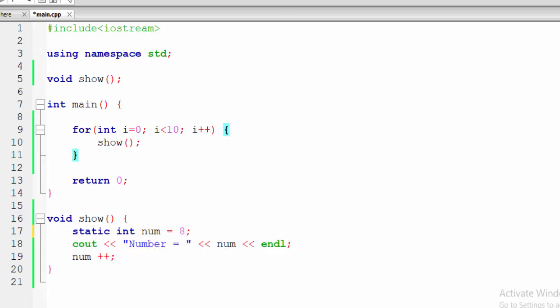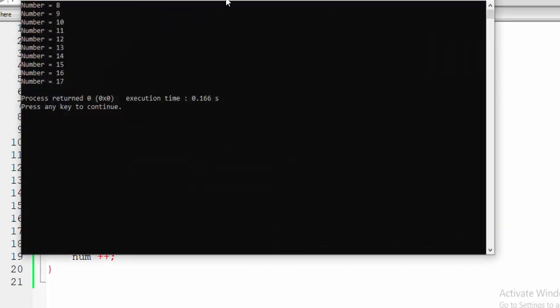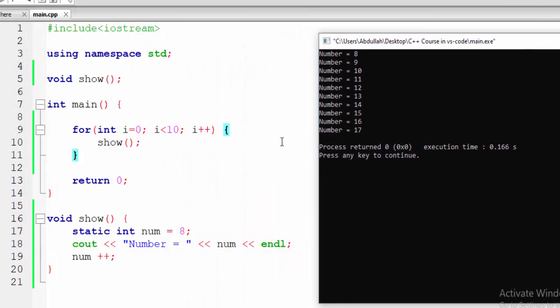So if we run this program, you can see that the output will be 8, 9, 10 and so on, because it is a static variable. Initially we assign 8, and after that the compiler will not delete the value of the static variable, so it will be 8, then 9, 10 and so on. So the point to be noted is that the compiler will not delete the value of a static variable in memory. That's the difference between local, global and static variables.